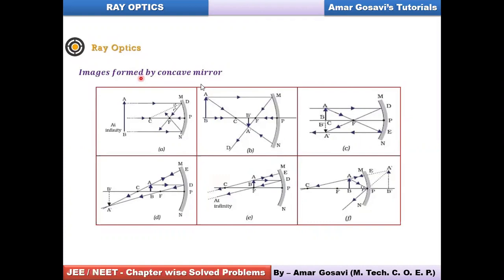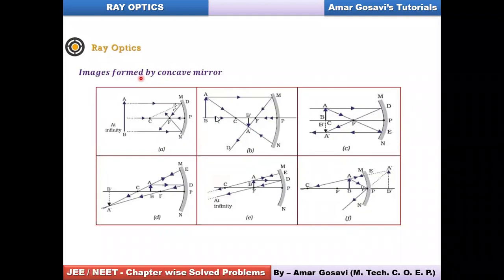Just now we have seen how the images were formed in case of convex mirror. Then we had a discussion regarding the images formed in plane mirrors, or two mirrors which are connected to each other with angle theta. Now let's discuss how the images are formed by a concave mirror. So for different situations, you can see if the object is at infinity, how the rays would move. Three rays would move parallel to the principal axis. After reflection, they meet at point focus, you can see. So at the focus, the image would be formed when the object is at infinity.